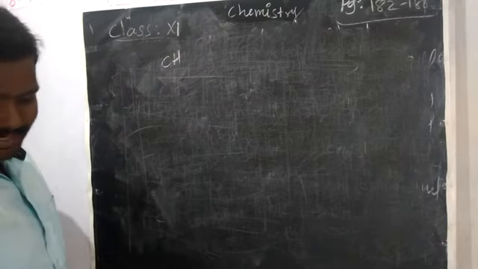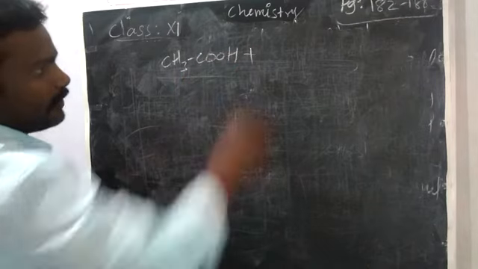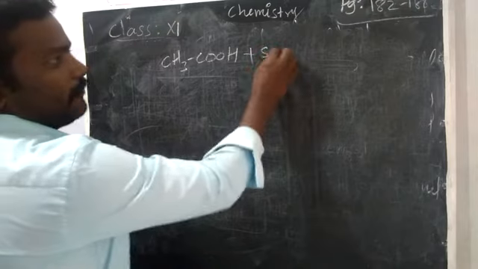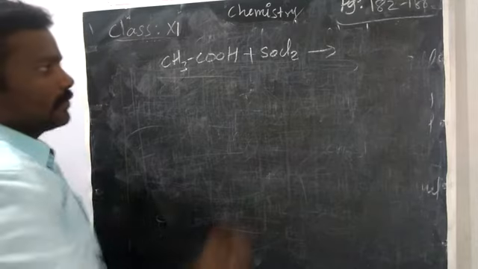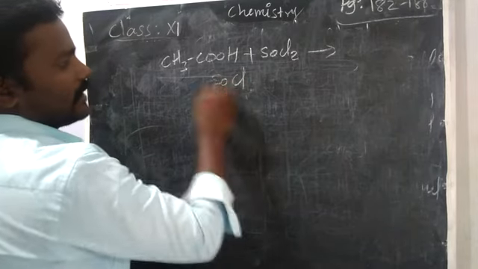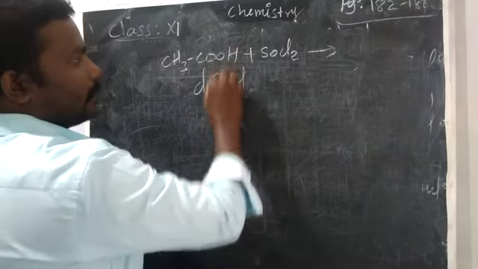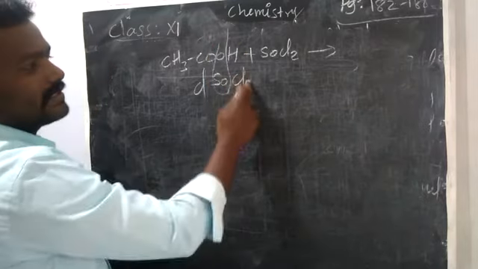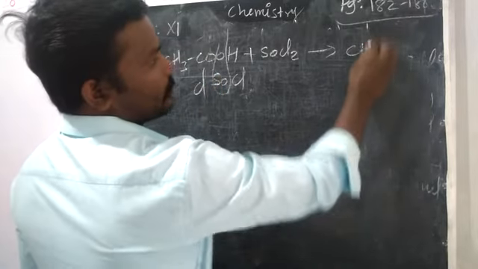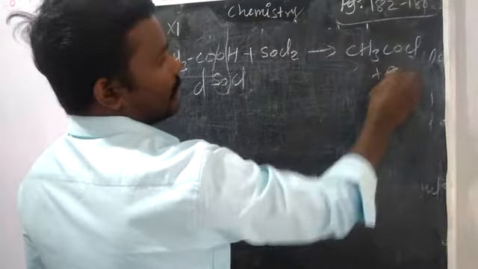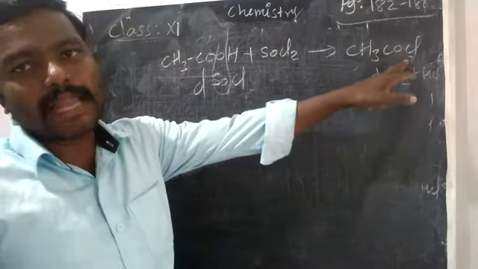We are going to take acetic acid and react it with sulfonyl chloride. Sulfonyl chloride means SOCl2. You can take PCl5 or PCl3 also. That SOCl2 you can split like this. Then you remove HCl as one side product, SO2 as another product, and then Cl you can add. So CH3COCl plus SO2 plus HCl. Now we have prepared acetyl chloride.